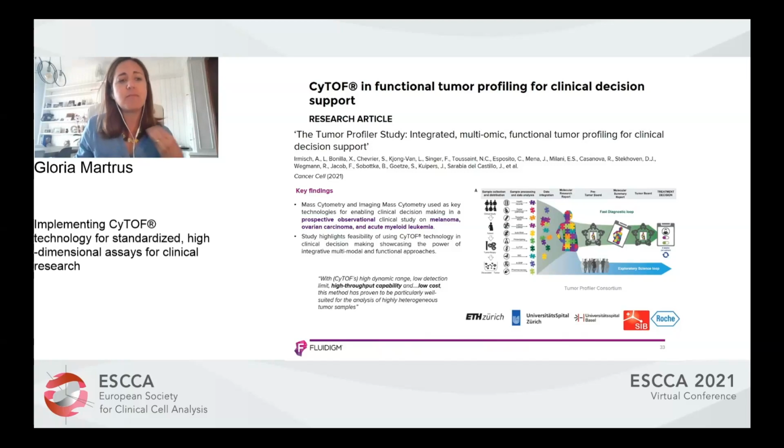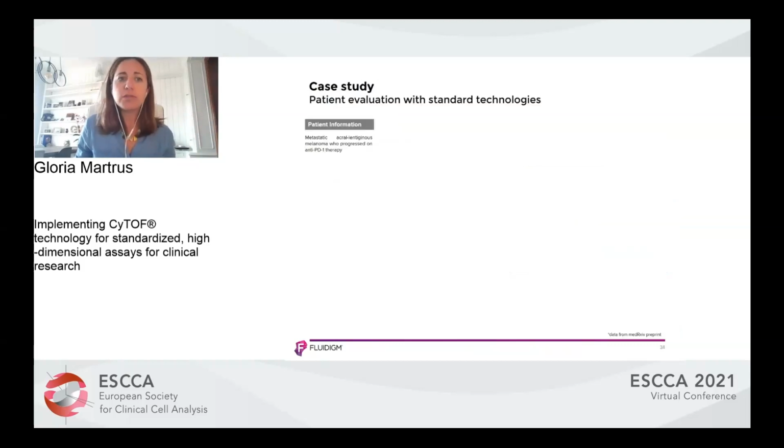And what they did, as you can see here, is they use cytometry because of its high throughput capability and low cost compared to other methods. So this is just one of the examples that they give in this paper. They took a patient that had this metastatic acral lentiginous melanoma that progressed with anti-PD-1 therapy. So when they went for the classical